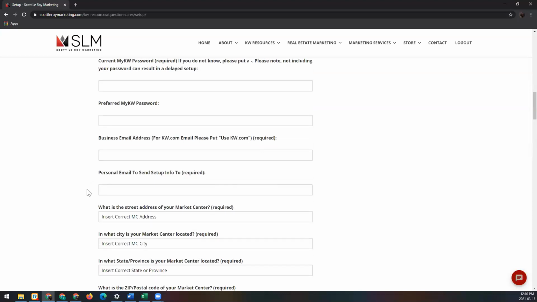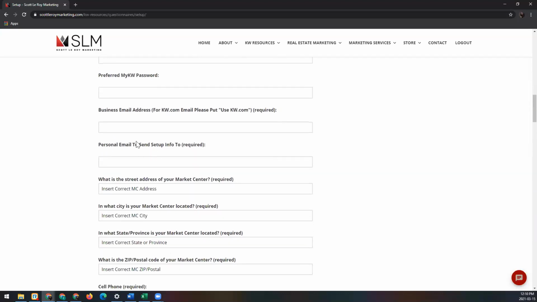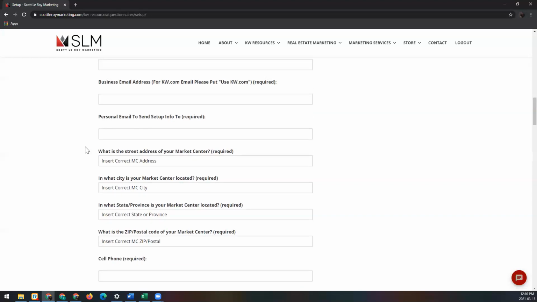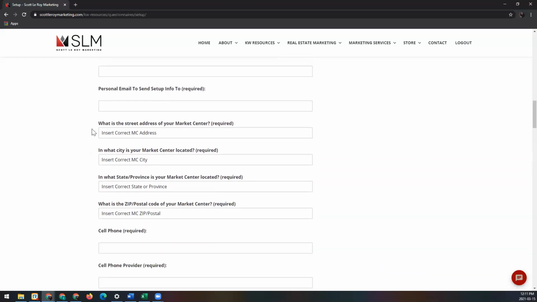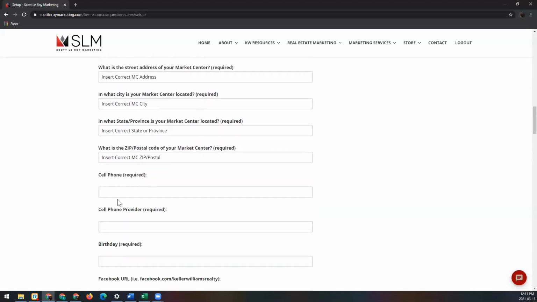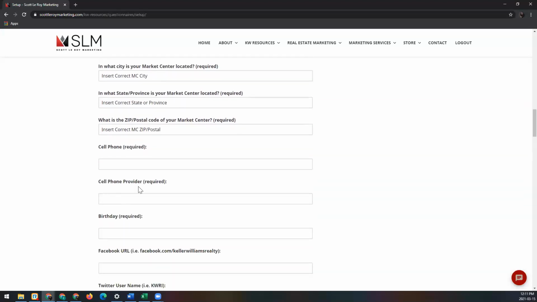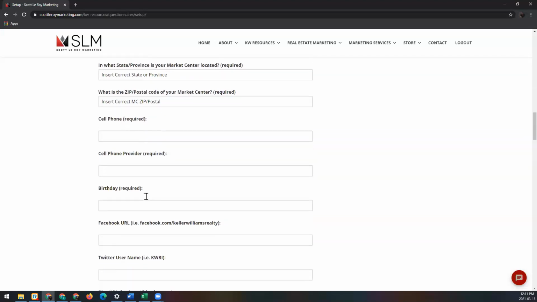your personal email address. This will be what's already set up, where we'll send the complete setup, all of the usernames and passwords and websites at the very end. The street address of your market center, city, state, zip, your cell phone provider, for example, Sprint, T-Mobile, they're the same, Verizon, etc. Your birthday,